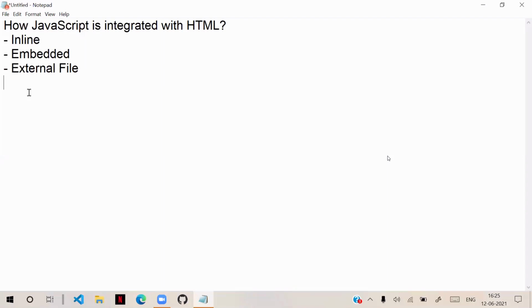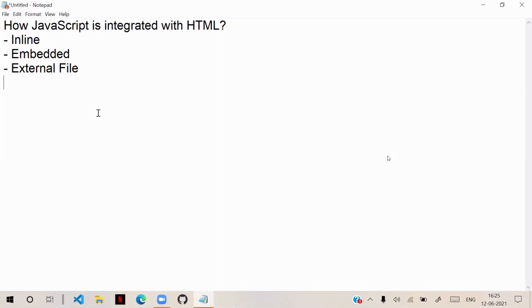What is the difference between them? Inline, embedded, external file, same as CSS, the concept is the same. I told you clearly in CSS that this topic would come in JavaScript also. But you have to learn how to write it here.